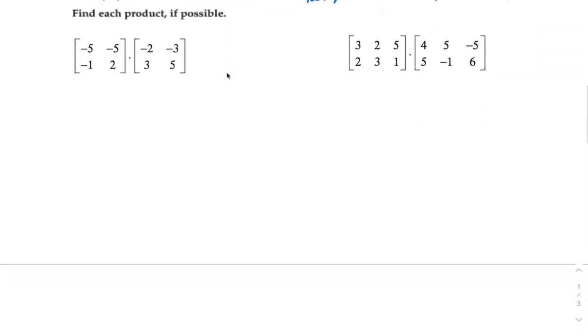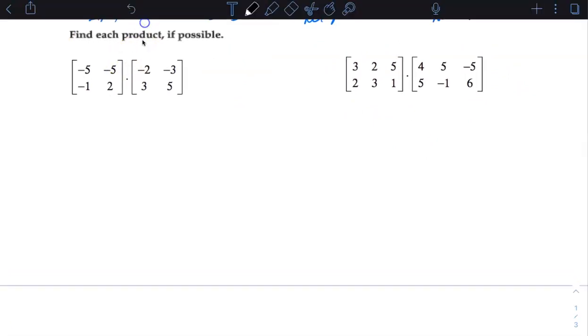Find each product if possible. So we're going to multiply these two matrices. First thing we're going to do is check if it's possible to multiply. So this is a 2 by 2. And this is a 2 by 2. That doesn't guarantee it though. So we've got to check if the middle two match. They do, which means we're going to get a 2 by 2 at the end. So there's lots of ways to multiply matrices. The way I was always taught was to do something like this. It's like a big old game of